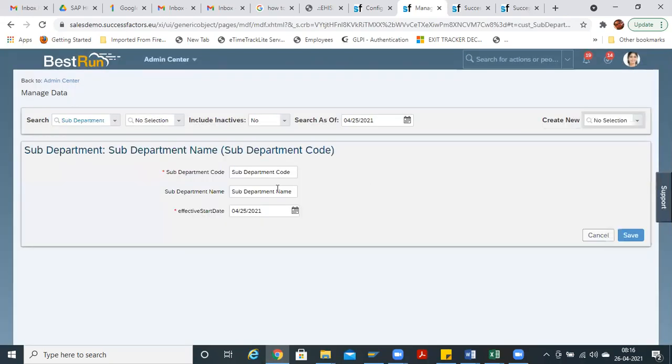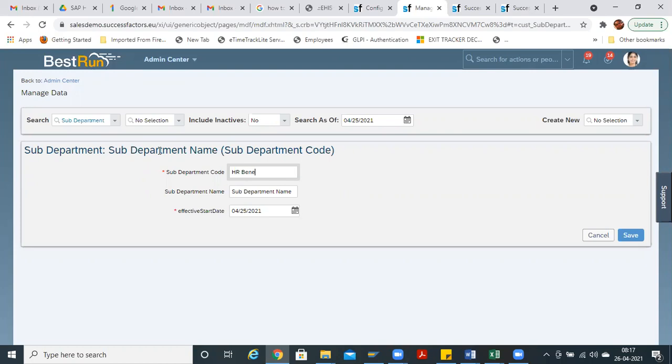Just click here, and mention the sub department code, for example, HR benefits. Just for example, I am showing in real time what the client suggests.